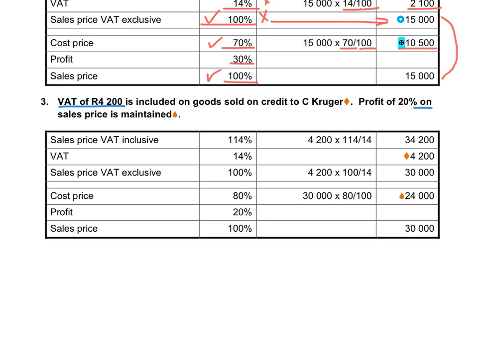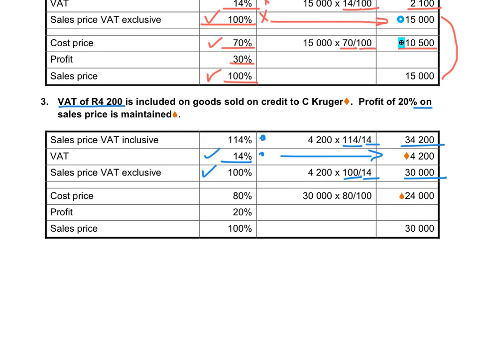They give us the VAT, so that means the 14% VAT equals 4,200. If we want to calculate the sales price excluding the VAT, we will take 100 divided by the one that we know, 14, and that will give us 30,000. If we want to calculate the total amount that the debtors owe us, I will use the 114%, divide by the 14% that's known, and that will give me